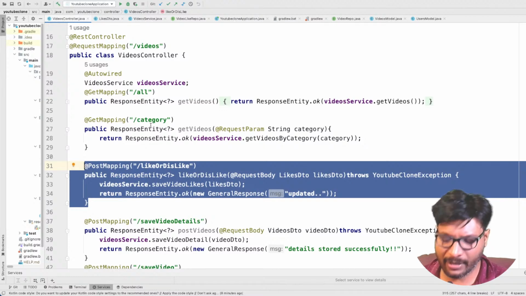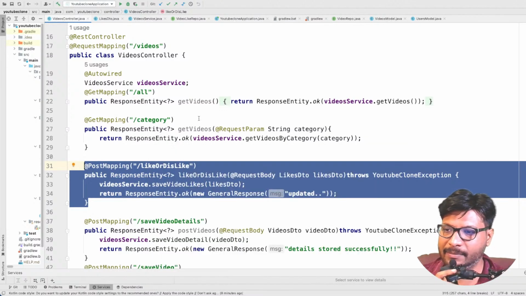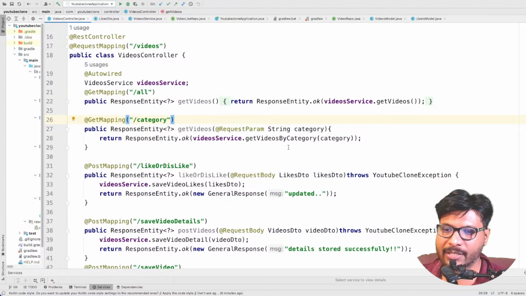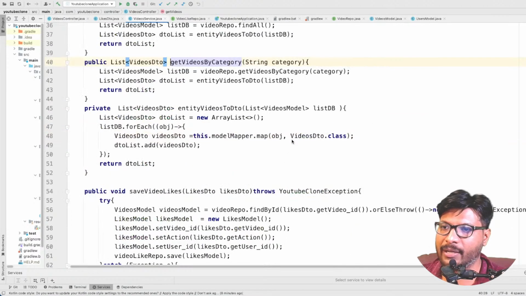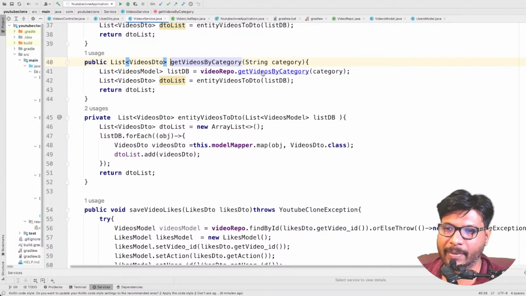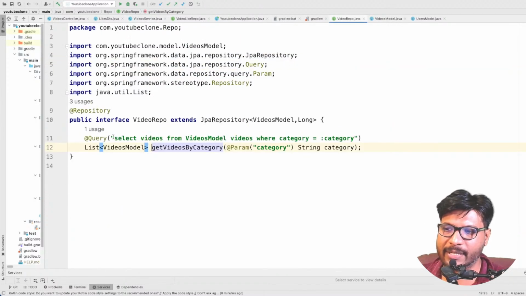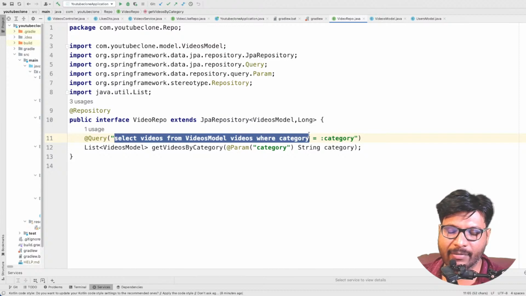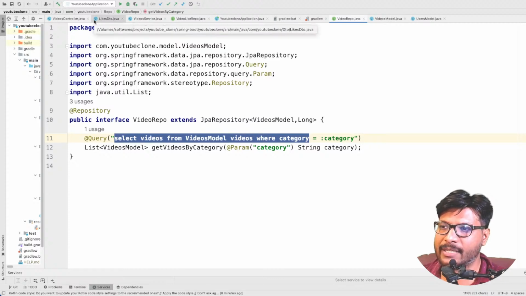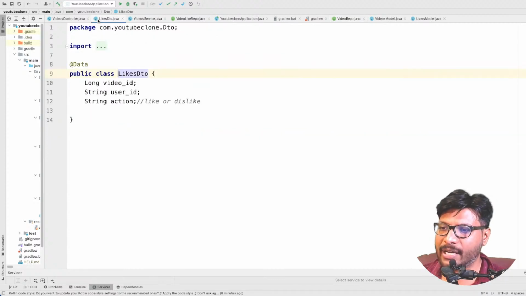For example, when you want to get the videos by category, you can just write a query in the video service. I have created a video repository, and in the repository I'm creating a simple query. Based on the category given in the records, only those videos will be returned as the response. The same way for likes and dislikes, I have a DTO which is connected to